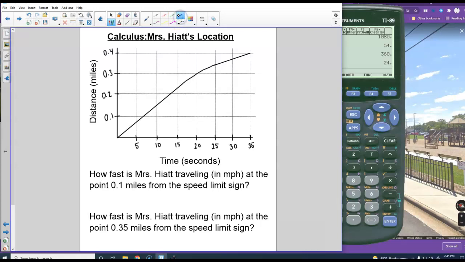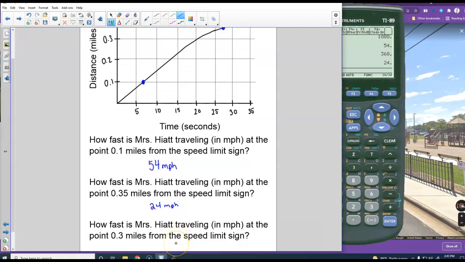So, for the questions here, at 0.1 miles from the speed limit right here, the answer's still the same. I was going 54 miles per hour. I'm not going to make y'all redo it. I didn't change the graph or anything in that section. I'm still going 54 miles an hour. Over here, at 0.35 miles from the speed limit, I'm still going, was it 24? Still going 24 miles per hour. Okay, so right here,